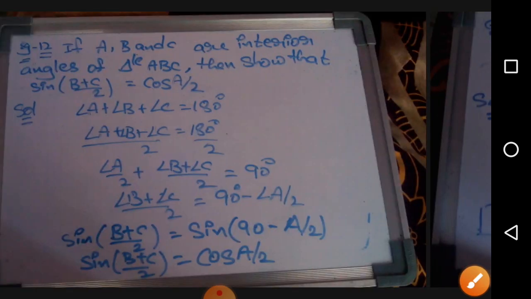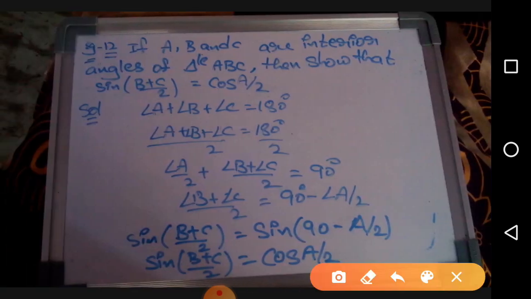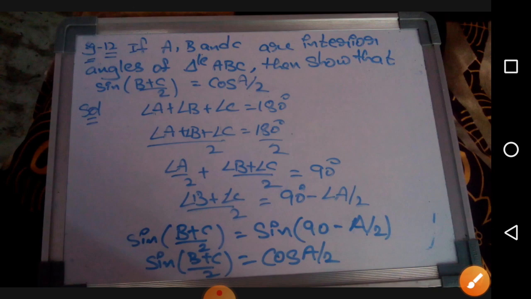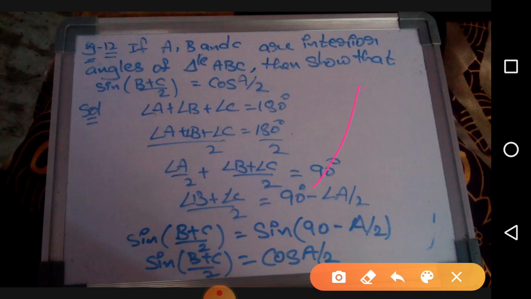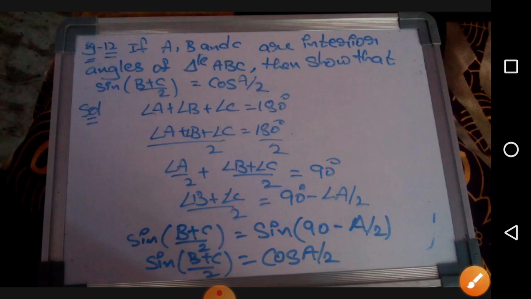Okay, let's move on to the last example of the exercise, that is example 12. If A, B and C are interior angles of triangle ABC. Okay, so to be precise, it is given this one, A, B and C. So this is A, this is B, this is C. These are the interior angles, and an exterior angle is this one. Here we are talking only about the interior ones. So A, B and C are interior angles of triangle ABC. Then show that